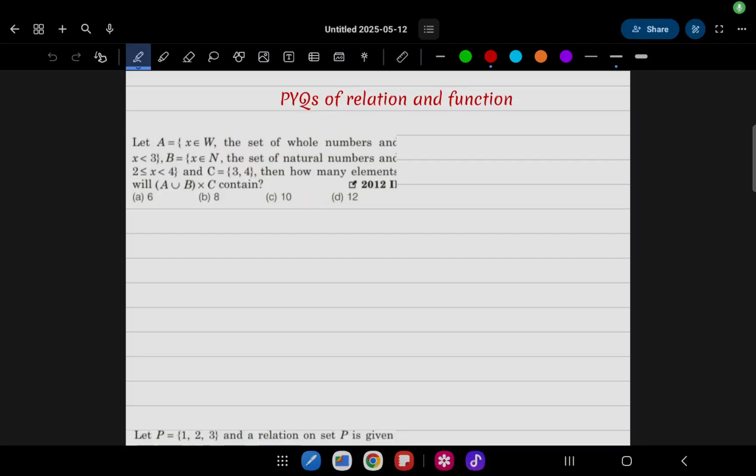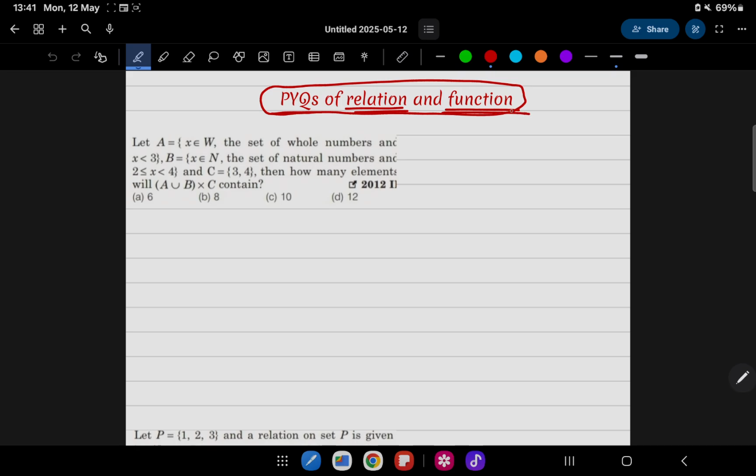बच्चों, कैसे हो? तो आज हम पढ़ते हैं PYQs ऑफ रिलेशन एंड फंक्शन, मतलब प्रीवियस ईयर क्वेश्चंस ऑफ रिलेशन एंड फंक्शन। इससे पहले मेरी एक वीडियो आई थी इंट्रोडक्शन ऑफ रिलेशन एंड फंक्शन। अगर किसी ने वो वीडियो नहीं देखी है तो पहले जाके वो वीडियो देखो ताकि ये PYQs आपको अच्छे से समझ में आ जाए।